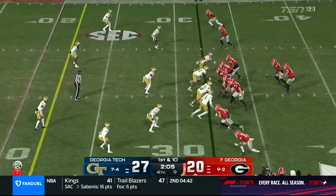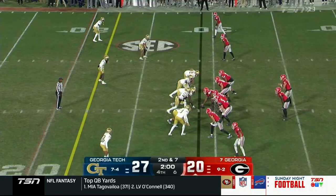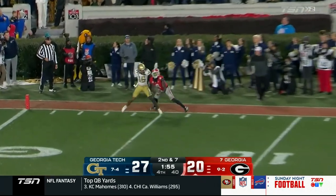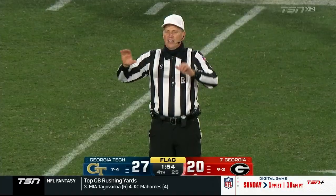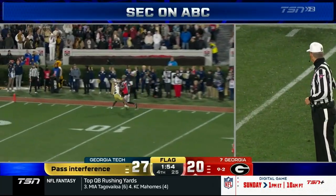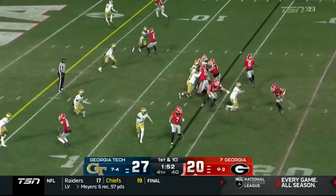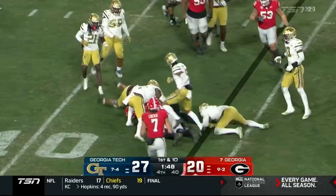Football playoff spot. Beck. He's going to run it straight ahead, but Beck with a man in his face. Incomplete. Pass interference. Defense, number 16. First down. You see the fighting in the back end, just way too much contact. Beck. He can't get free. Fighting his